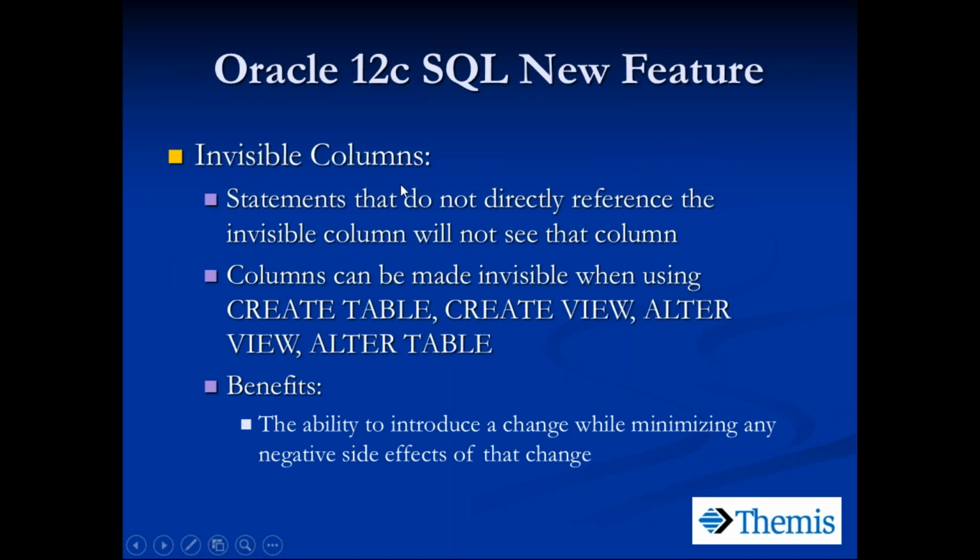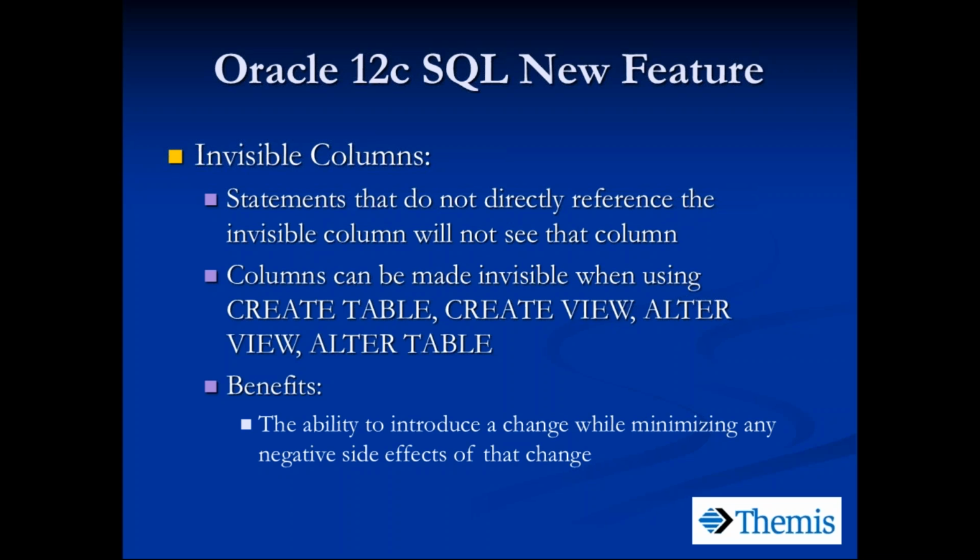All right, last one. So hang in there, we're almost done here. How about something that has kind of a cool name, invisible columns? We saw in 11G we had something called an invisible index, but here we're looking at an invisible column. All right, and so here within our table definitions or views, we can make columns invisible. Okay, and so once we make them invisible at that point,